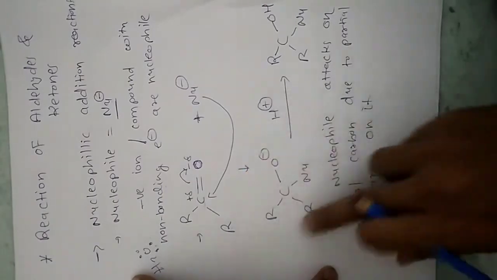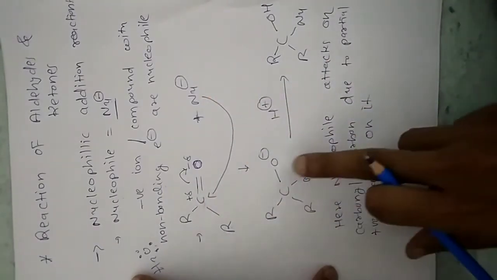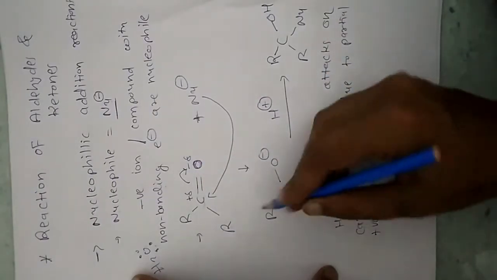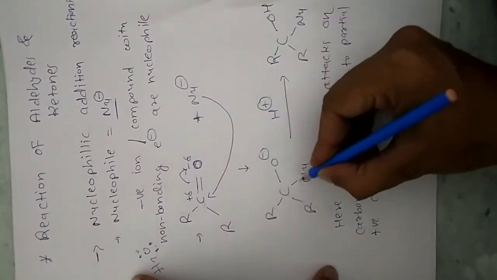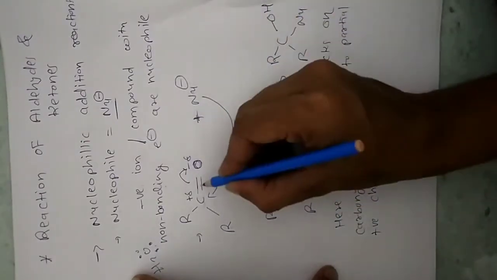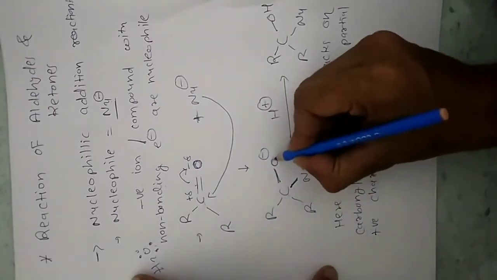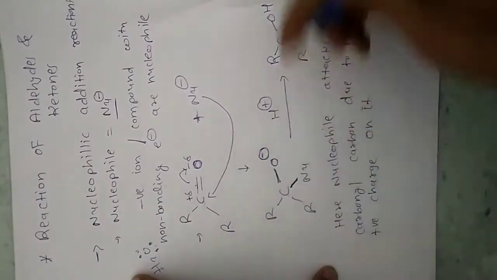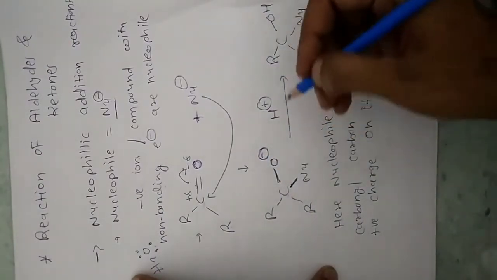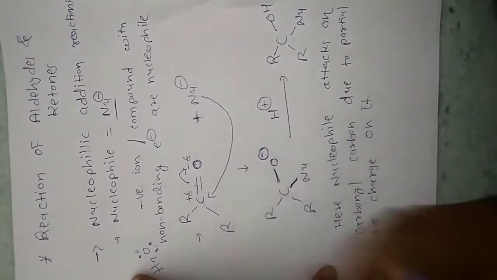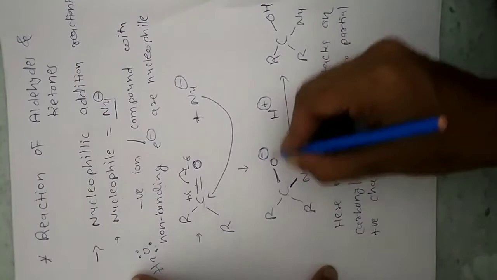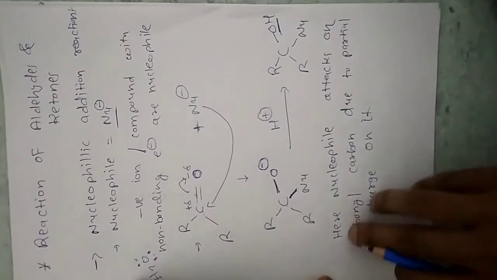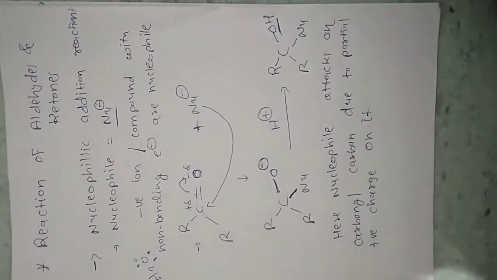You can see this structure. When the nucleophile attacks carbon, the double bond breaks here. The nucleophile is now attached to the carbon. This double bond breaks and oxygen becomes fully negative, not partially, fully negative now. In the second step, if we have acidic medium, means if we donate H plus, then O minus and H plus will both combine here. You can see it forms an OH group, alcohol group. In this way the reaction carries out.